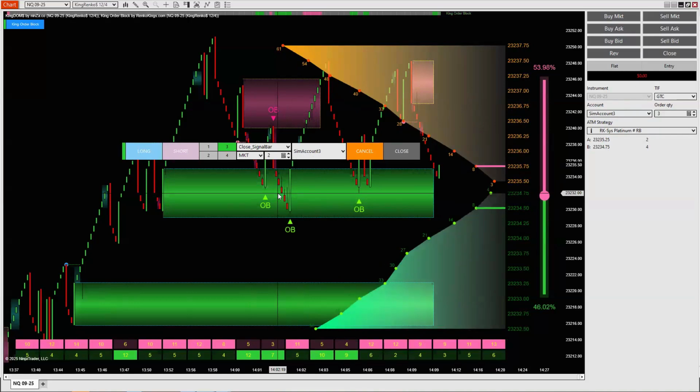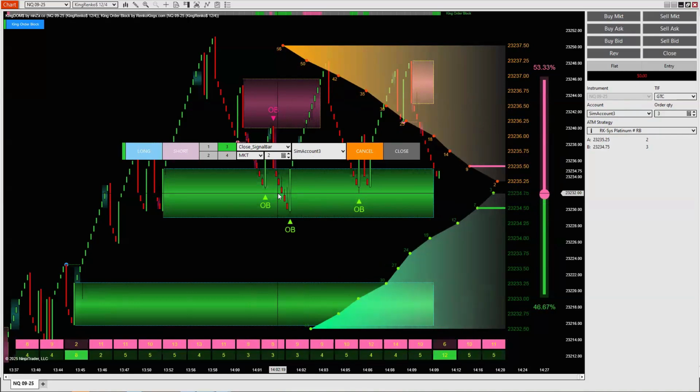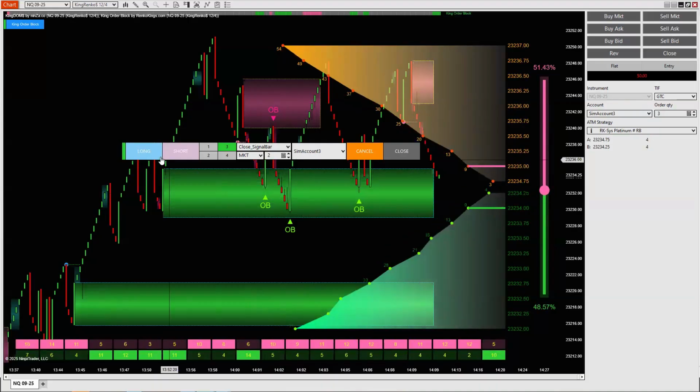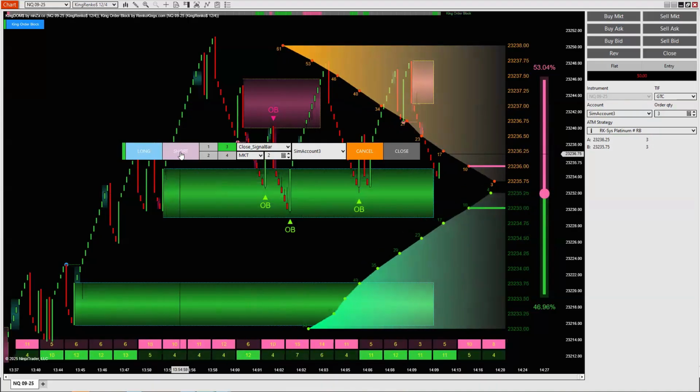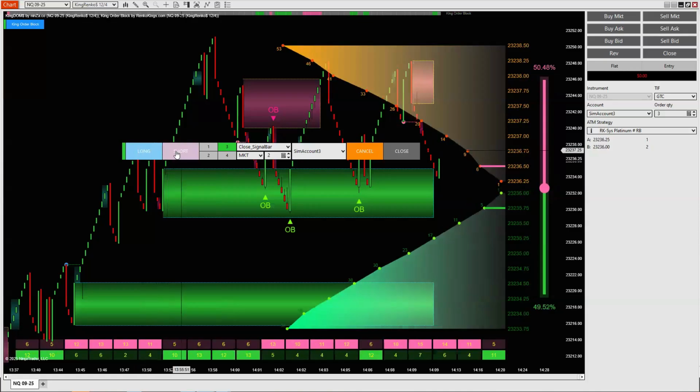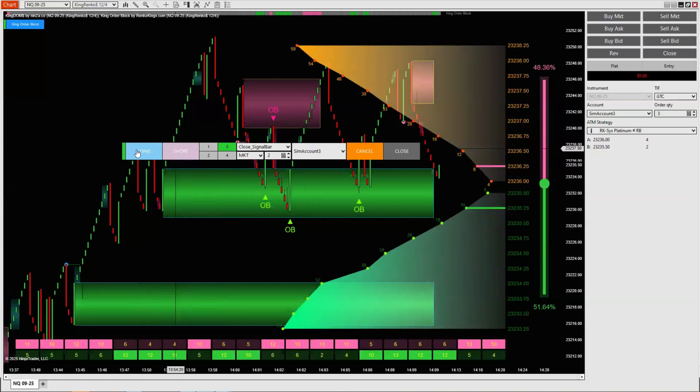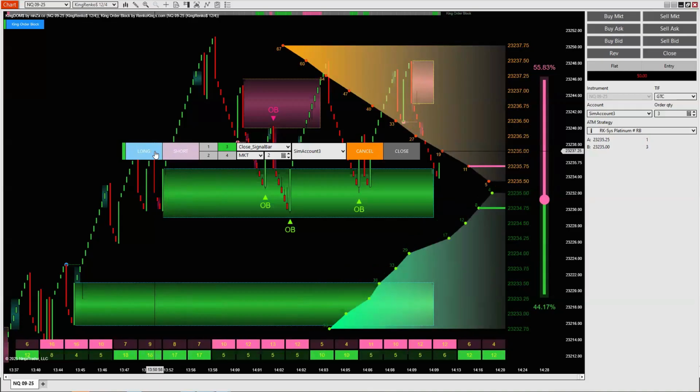Kingdom, if you wish, will take trades in full automation. You have to enable it. I don't want to do it yet, but you can enable it right over here. Long and short, you enable here. Once you do that,